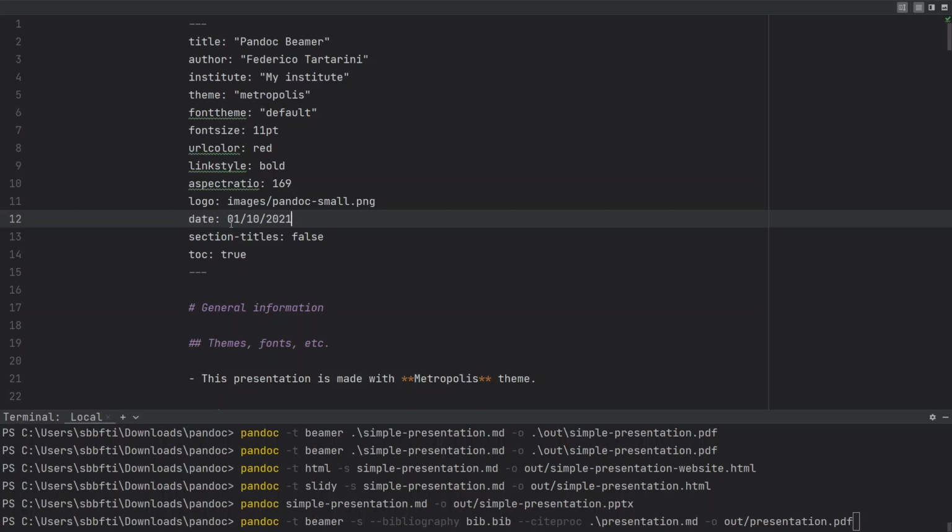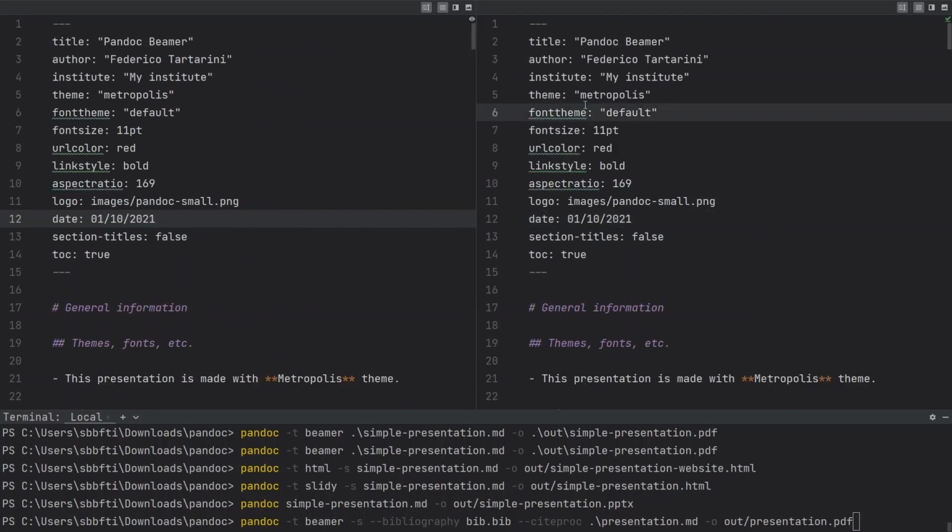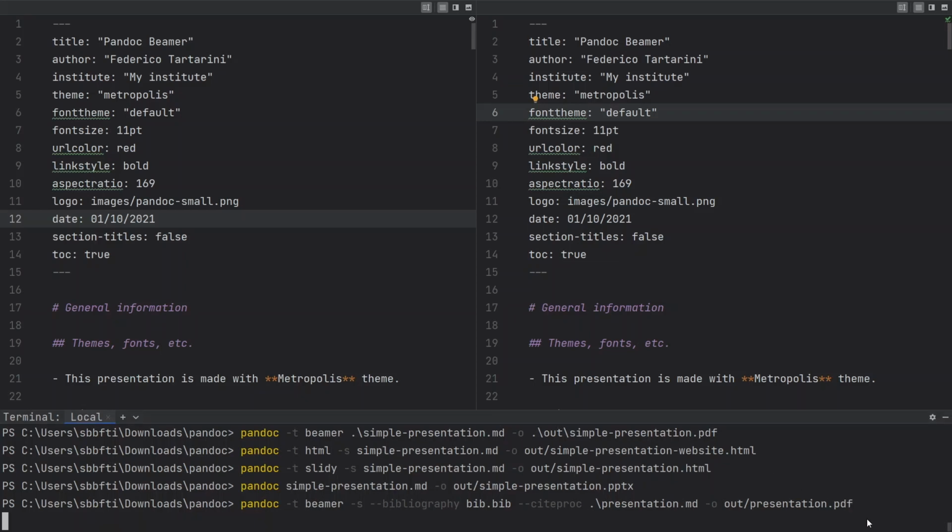So this is our main Markdown file. And I'm going to split the screen, and on the right side, I'm going to have the presentation as we generated. So let's compile this document. It's going to take some time, but while we are compiling it, I'm going to show you all the things that I've done. I'm just going to mention it right now, and then we don't have to go over it again. So we have pandoc -t beamer. So we are going to use Beamer to compile the document, and then the source of the bibliography is going to be the bib.bib file.